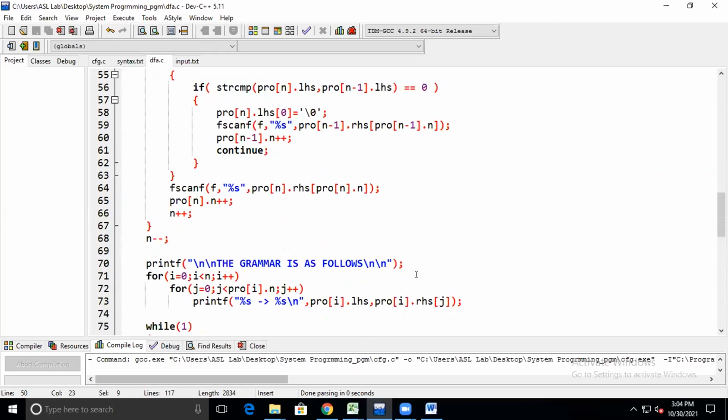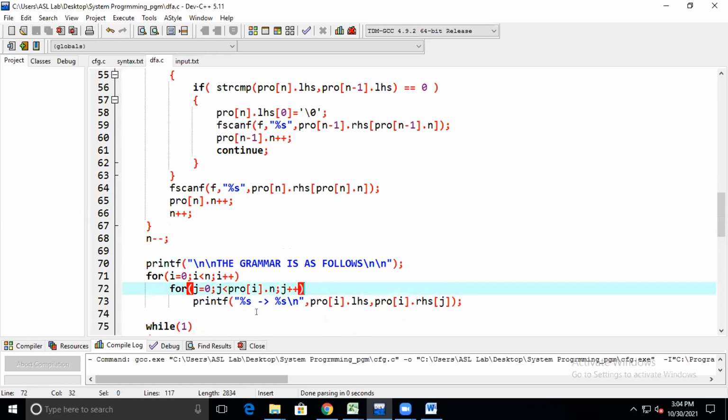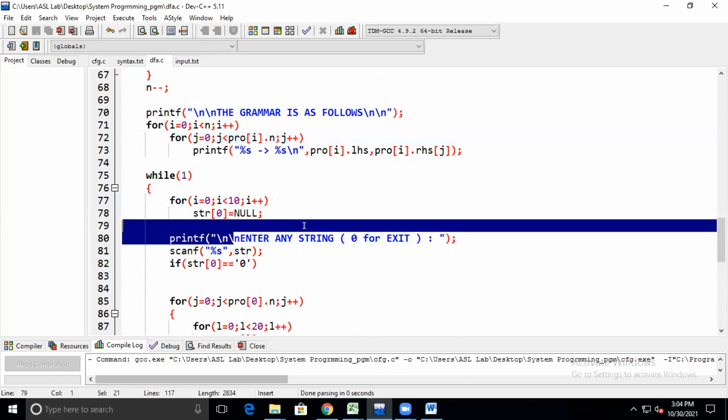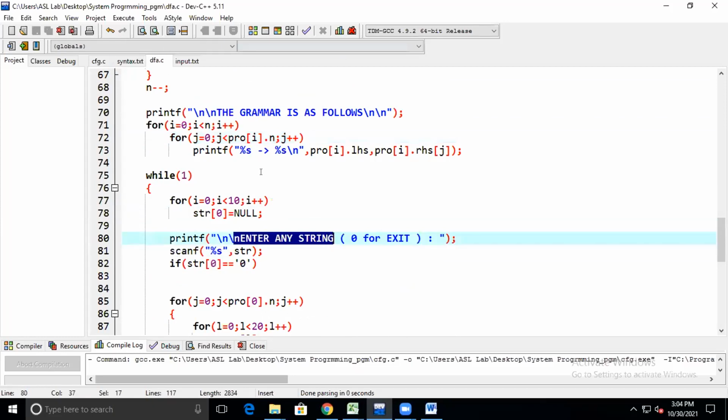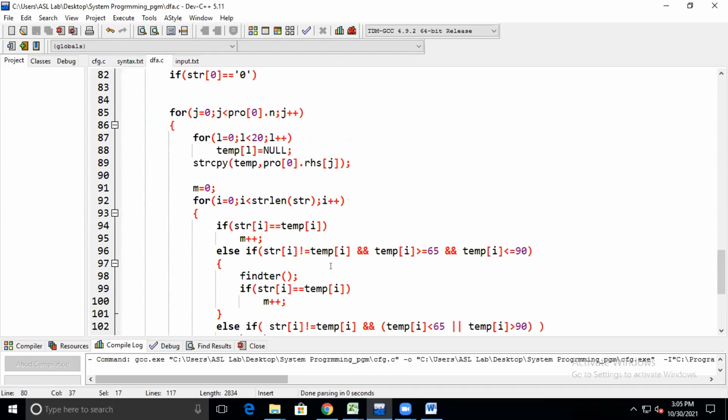Again, lastly, I am going to check whether it follows the grammar or not, and I need to enter the string, and if not, I am going to take the value 0 for exit. This is nothing but the if else condition I have taken for both strings.